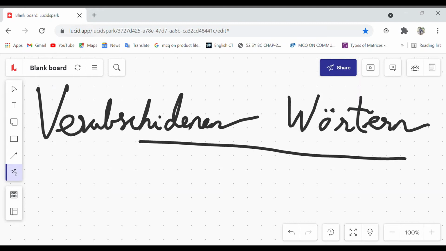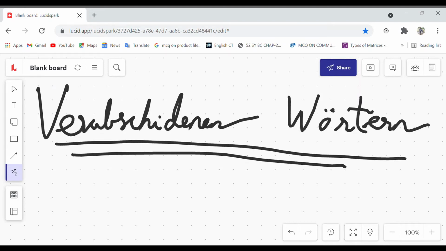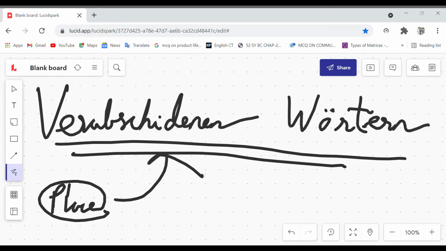So while we are leaving any place, the word that is used in German is Verabschiedenen wollten. So this is the word we use while we are leaving any place.